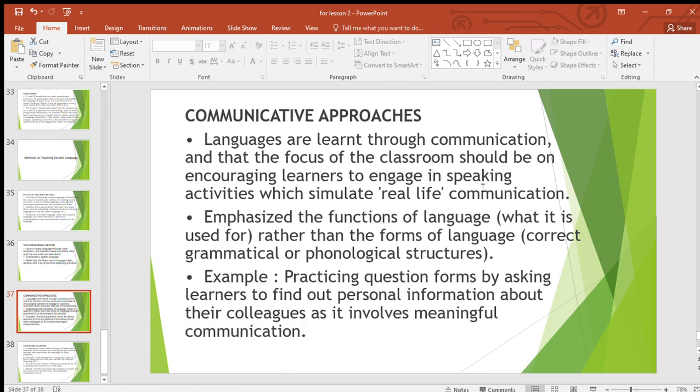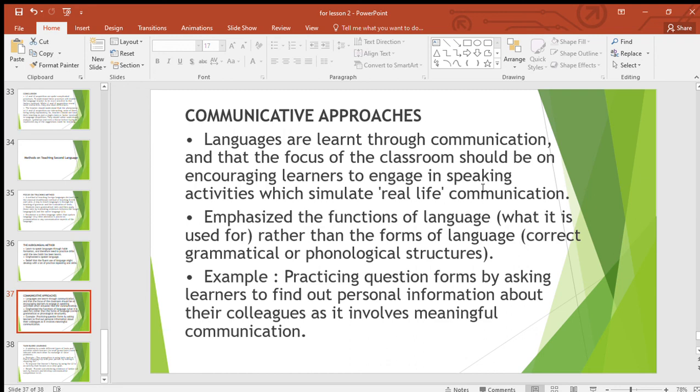Next, communicative approaches. Languages are learned through communication, and the focus of the classroom should be on encouraging learners to engage in speaking activities which stimulate real life communication. Emphasis on the function of language, what it is used for, rather than the forms of language, correct grammatical or phonological structures. Example, practicing question forms by asking learners to find out personal information about their colleagues as it involves meaningful communication. So similar to audiolingual method, but the difference is